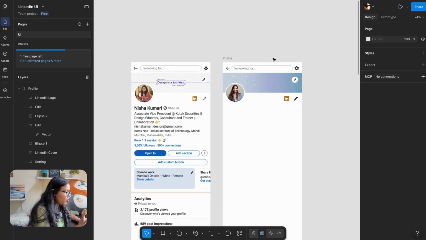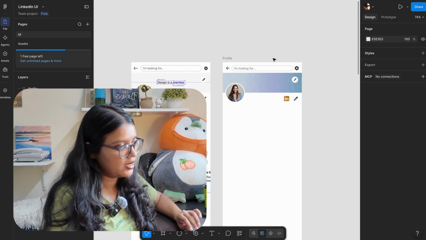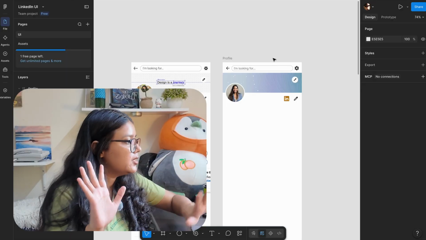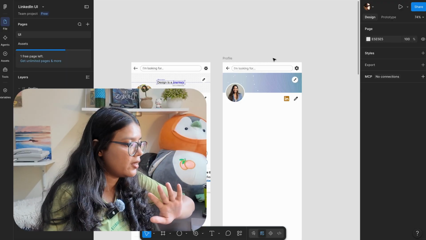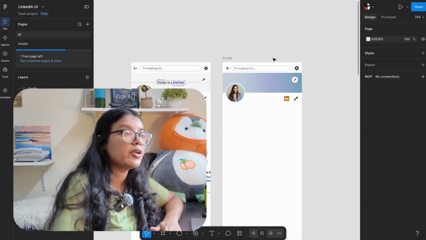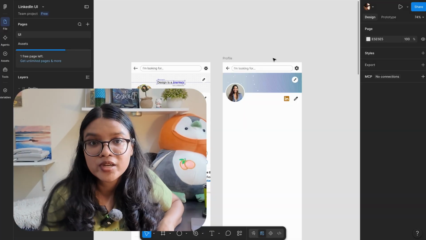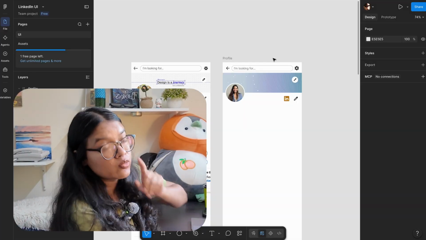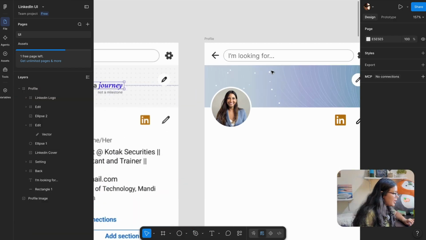But before we move forward, एक बार layers panel पे नज़र मार लेते हैं, देख लेते हैं how everything has laid out in the layers panel and how it actually looks like. इससे पहले कि हम इसमें बहुत सारी चीज़ें भर दें and then it becomes so messy that it becomes very difficult for us to understand. It's better that we look at it right now. So let's take a look at that. Okay. So what is happening right now?